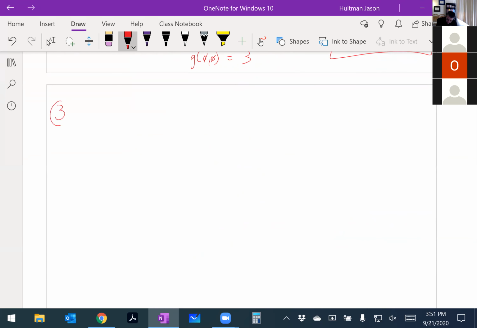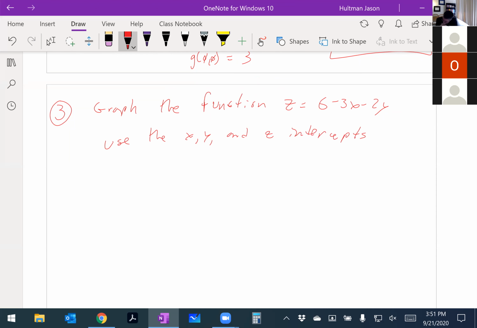Okay, number 3. Graph the function z equals 6 minus 3x minus 2y. Okay, so we're going to use the x, y, and z intercepts to graph